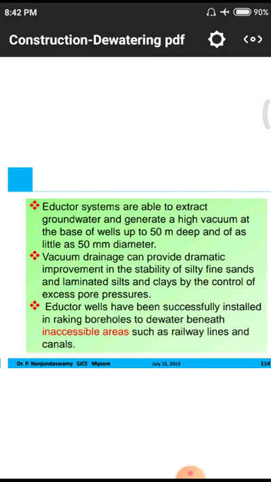Why? Because on these railway lines the trains run at 60 to 80 kilometers per hour with too much loading. Normally a rail carries a huge amount of load as the train travels on the rail system. That means at the bottom we have rails, and on the rails the train moves with a particular velocity, from train to train. It may be super fast, a normal passenger, or an express. Different kinds of trains are there, so the rails have to bear too much load.